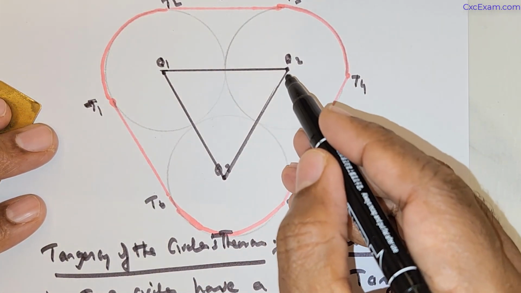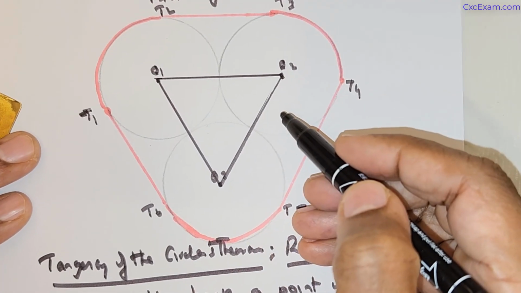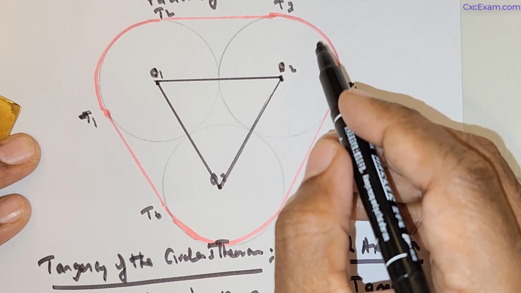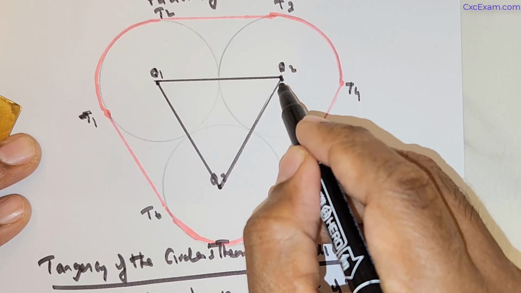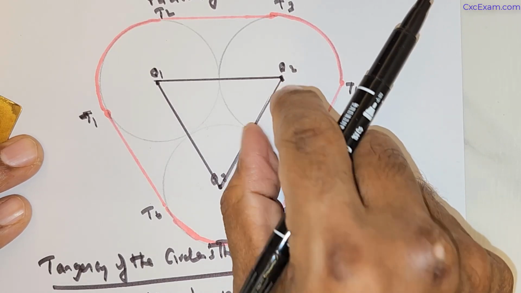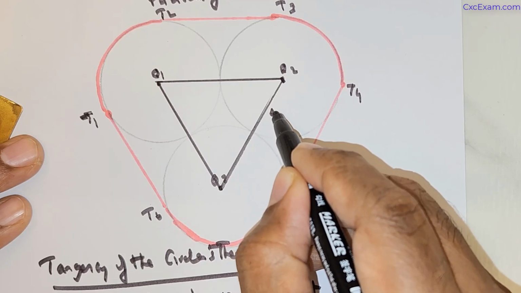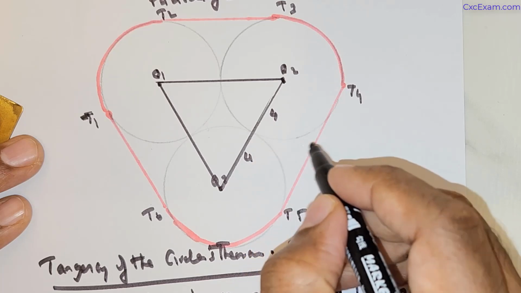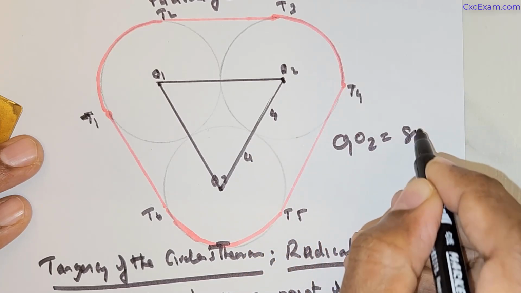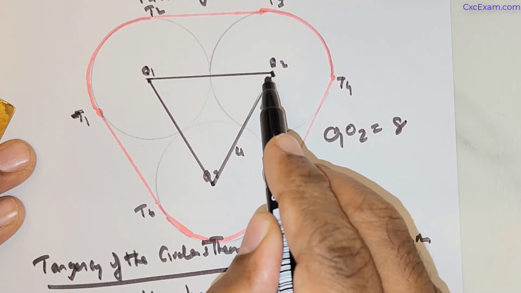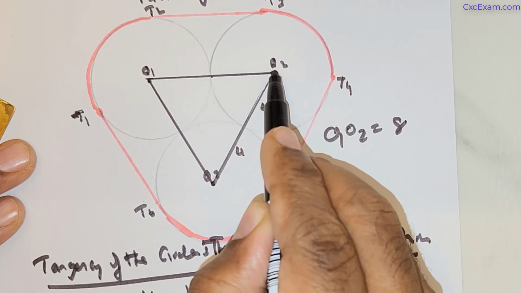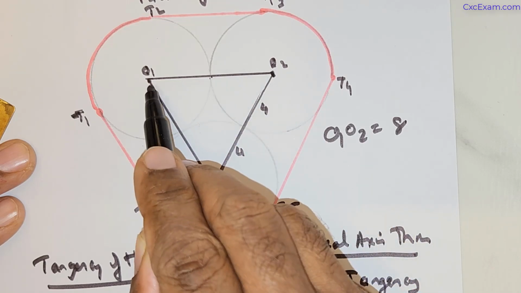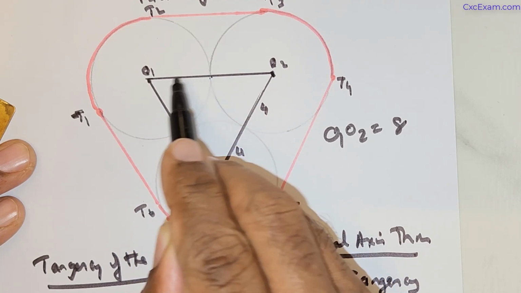Now clearly the circle has a diameter of 8 meters and the radius is 4 meters, right? So this distance is 4 and this distance is also 4. So that means the total length of O1 and O2 is going to be 8. Now similarly, this distance from O2 to the point of tangency is 4 and from O1 to the point of tangency is 4. So the total,